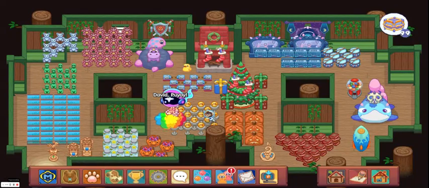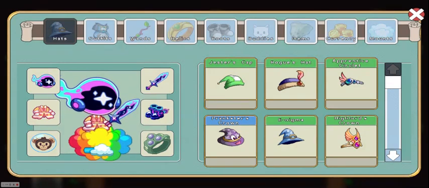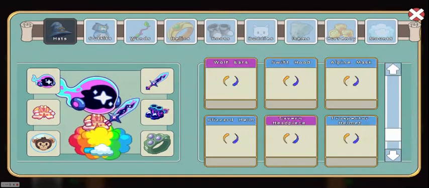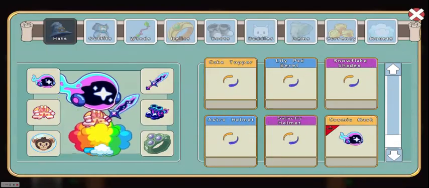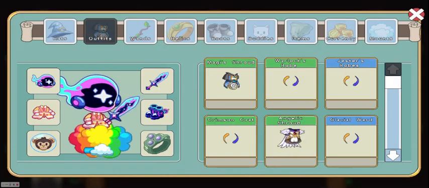Today we are going to be battling with the Cosmo gear that is going to come out in 110 days. We are going to be battling with it early because we have Prodigy hacks on. This is what it looks like. Heart bonus of 10, and then